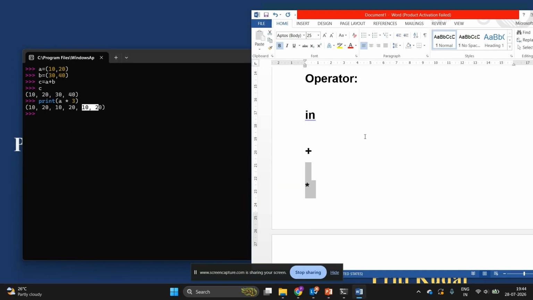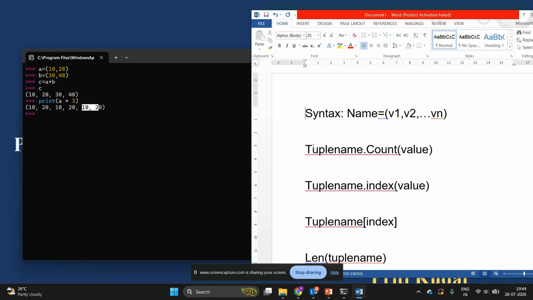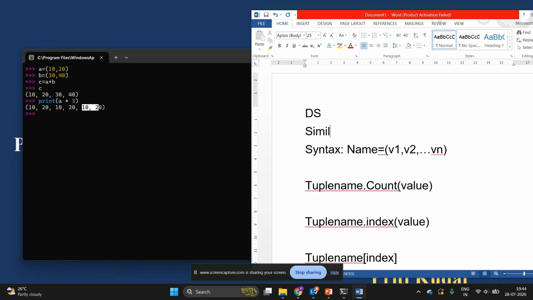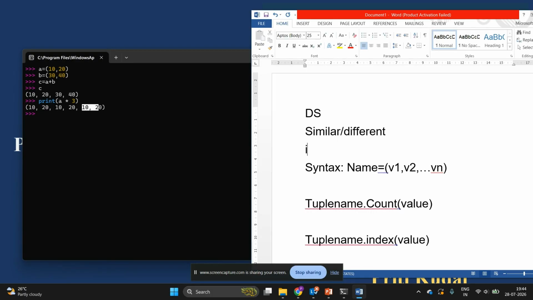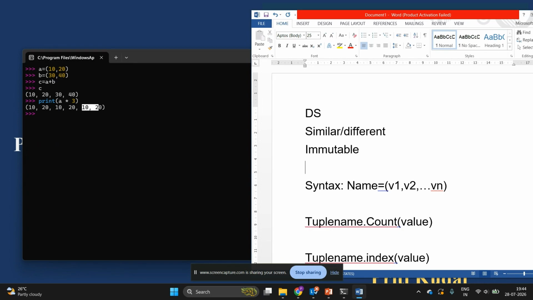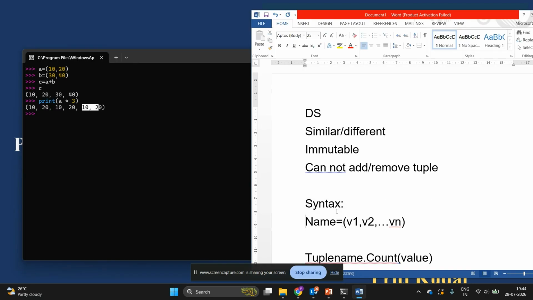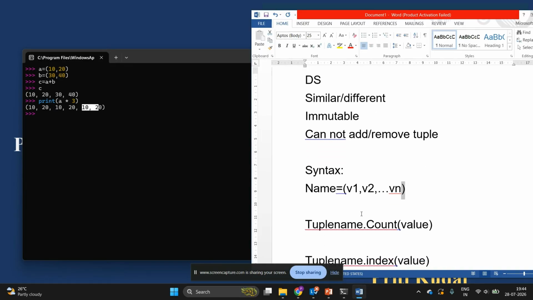So we have seen the tuple is also a data structure which can store similar or different types of values, but it is immutable, meaning we cannot add or remove elements from a tuple. The syntax to create a tuple starts with a round bracket and closes with a round closing bracket.